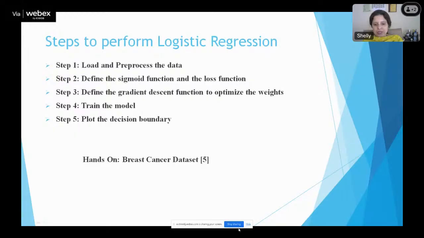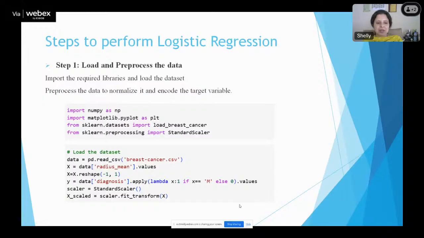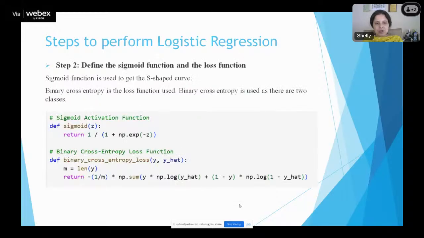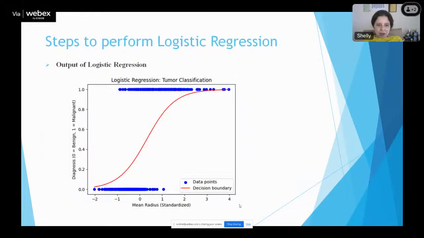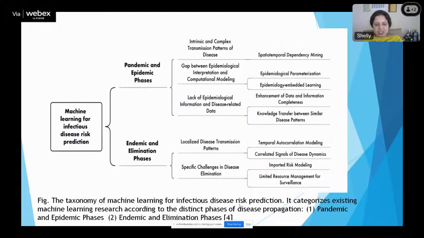I'm open to questions, and I'll continue with the further steps for the lab in the next session. I'll define all these steps and show you the code, and you can write these codes along with me. One thing I would like to say in this particular lecture itself, for those who are looking for particular research,